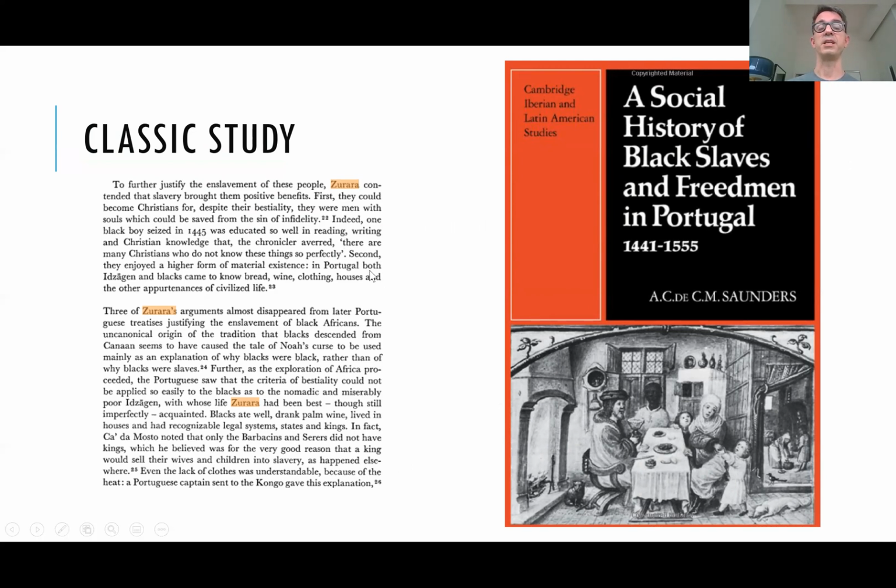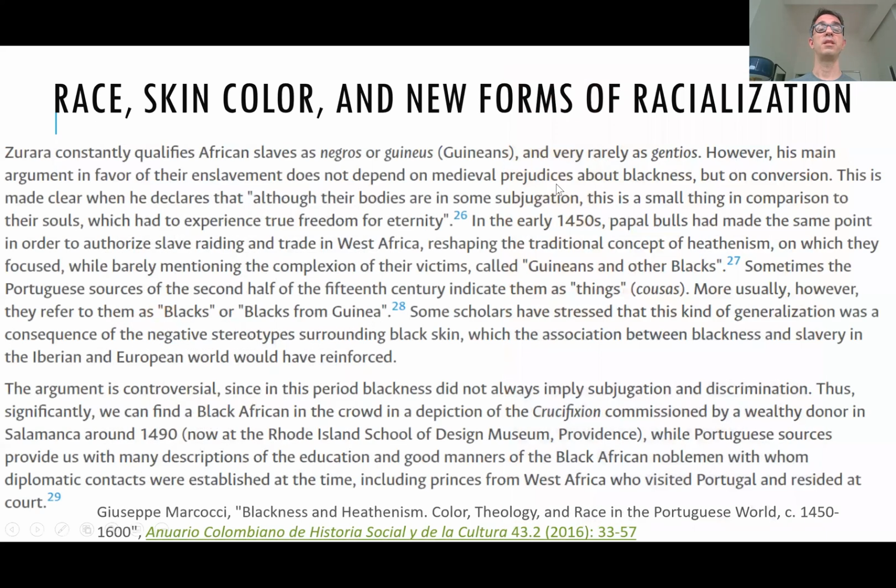He's basically talking about the various motivations that are offered for the Portuguese to go into Africa and capture people and enslave them. And the motivations are complicated, but eventually these are going to change in the ensuing centuries. I think that's very important to recognize. Then here's another long article from a guy named Giuseppe Marcocci,